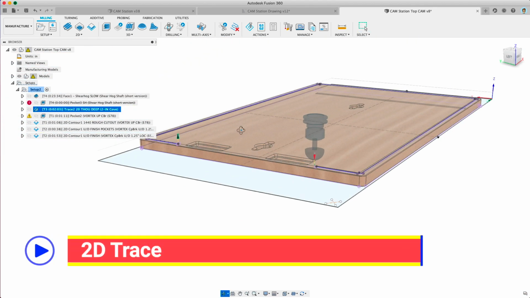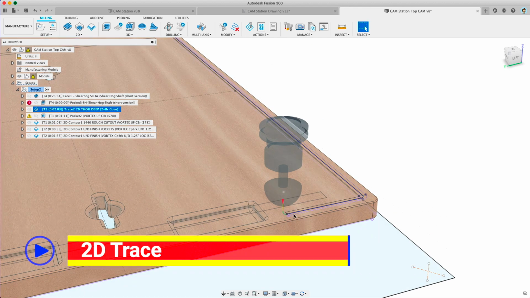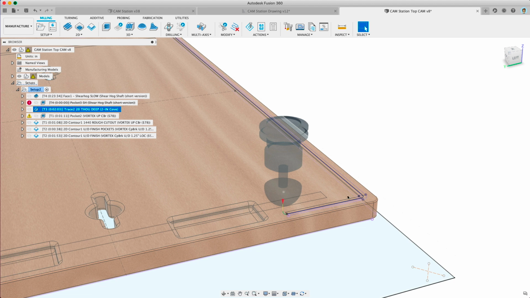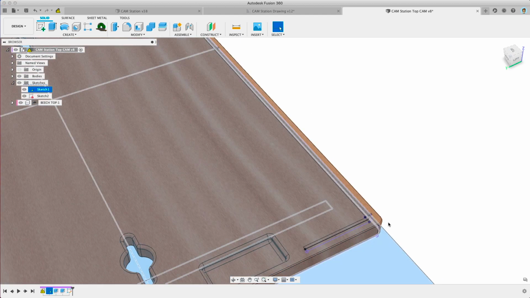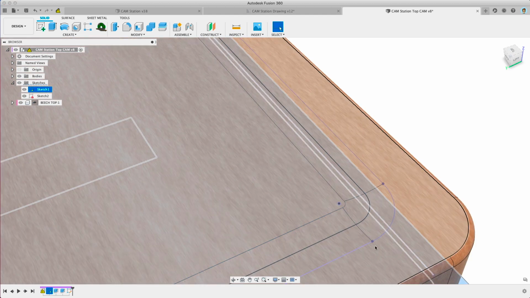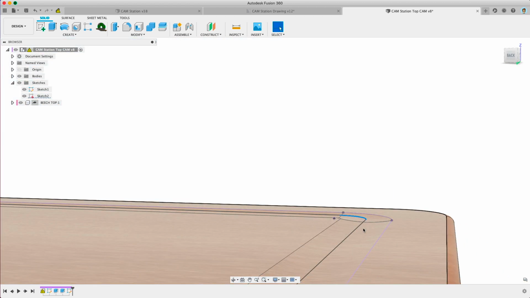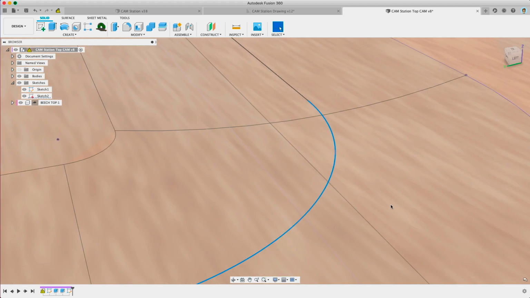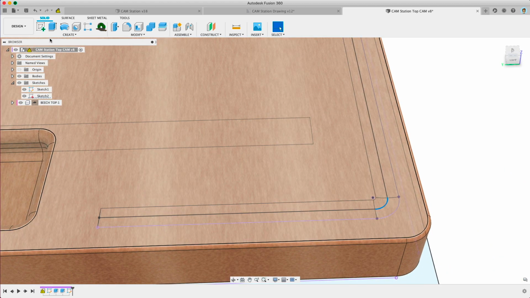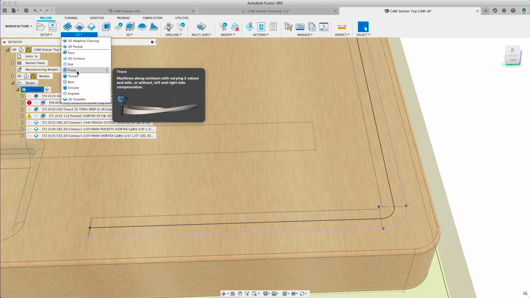The next step was to trace that meat juice slot all the way around. So I drew a line exactly where I wanted it. I believe back here in sketches, in design, and you can see that sketch there. I projected those lines in, so then you can trace it exactly where you want it, and that could be at the top there, and you can offset it axially up and down in the trace operation. So it's centered, and then our ball mill, using the trace operation, which is here,